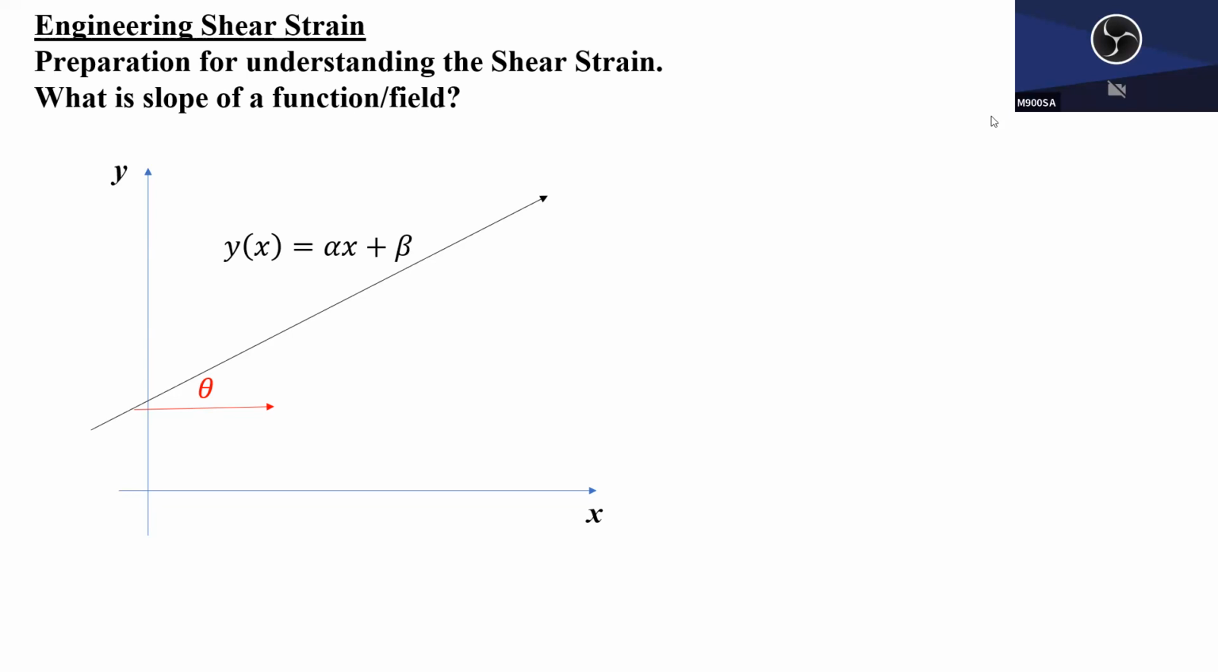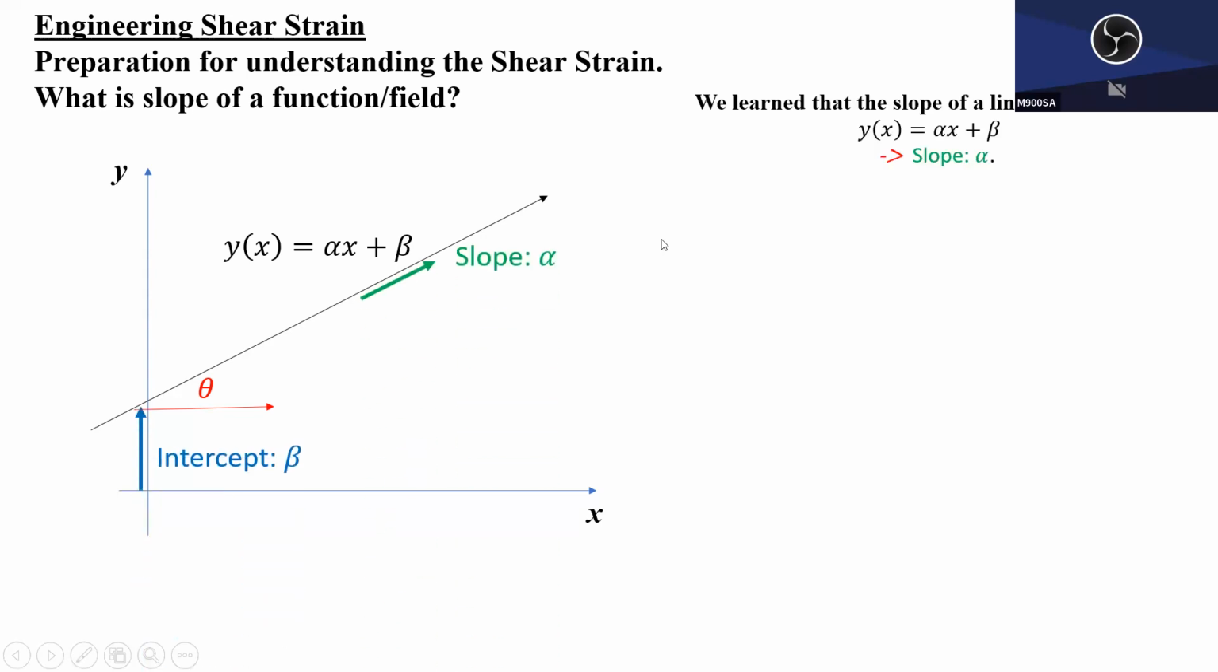Alpha is slope. Yes, slope. And this is intercept, right? Okay, good. So alpha is called slope. Beta is intercept. So slope is a keyword. And slope can also be expressed, if we draw a tiny triangle here, assume this length is dx,